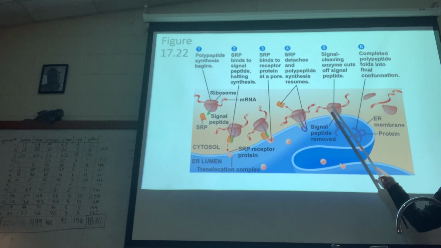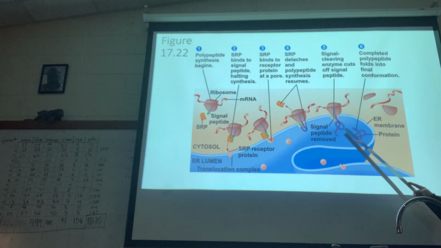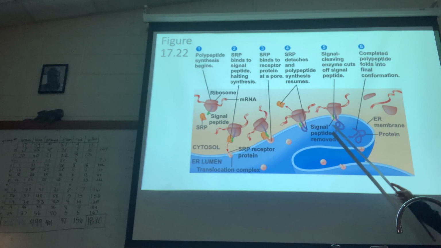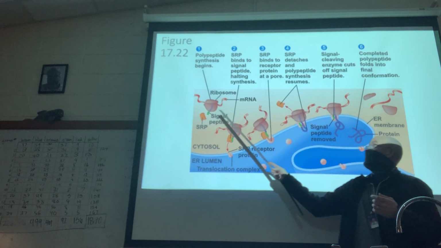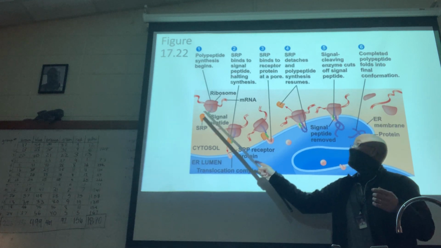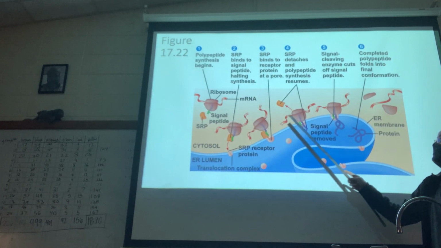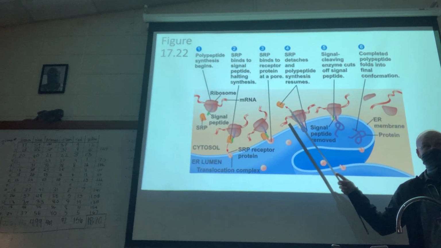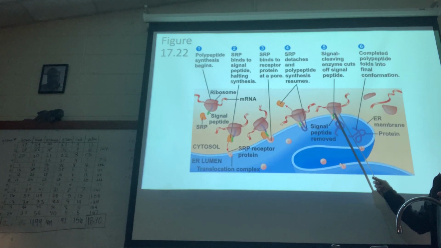The ribosome just ends up kind of pooping it out into the space inside the ER. So, as the protein is being built, other chemicals can carry the ribosome as it's building that protein and